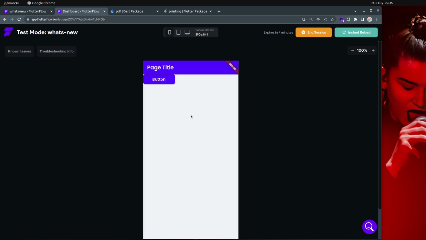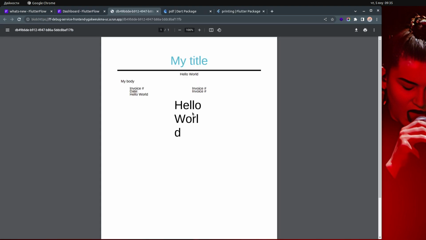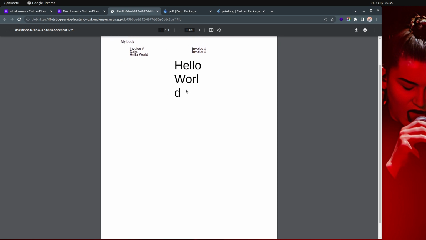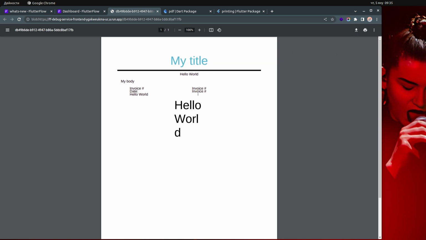So if I click PDF and if I click this button over here, I will be able to create my own PDF. And this PDF will be displayed like that. So it's ready to print and it's ready to download as well. If you're using a mobile phone, it will ask you to open this inside your PDF viewer, whatever it is. And then the user will be able to save it or just display it or print it. This is a very simple PDF, but let me show you